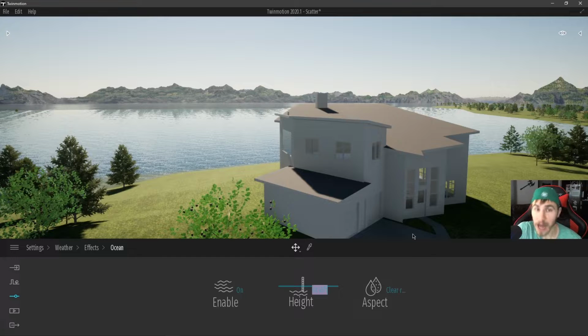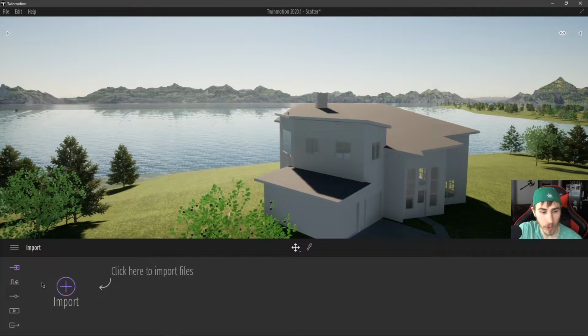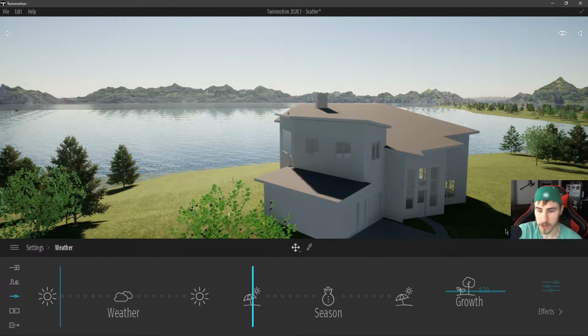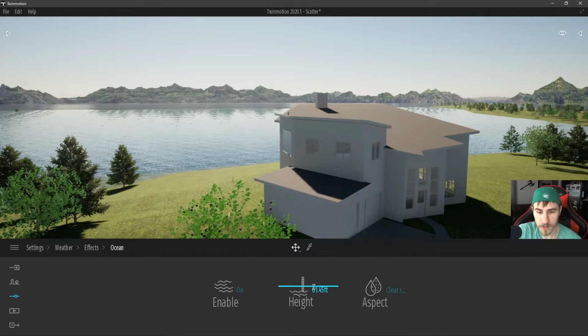Now, this would not be the case if I were to have imported my model and simply dropped it and placed it wherever I wanted. Everything you see that's modeled that's not Twinmotion is from Revit. It is modeled in Revit with Revit's coordinate system, and the direct link will allow me to place these objects at the exact location. So looking back at the ocean, I can actually set this to my 85.5